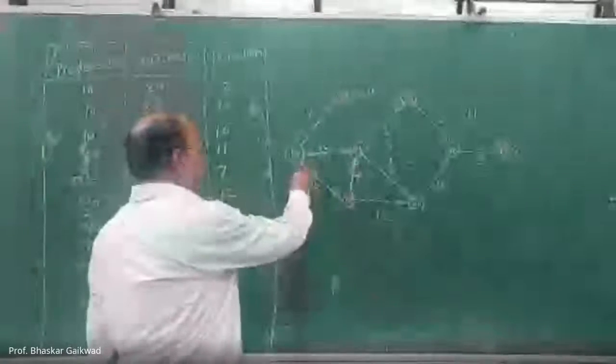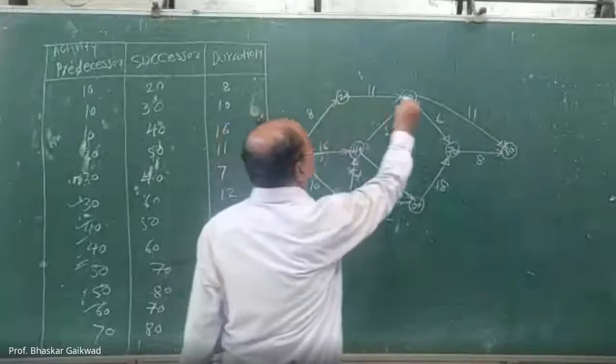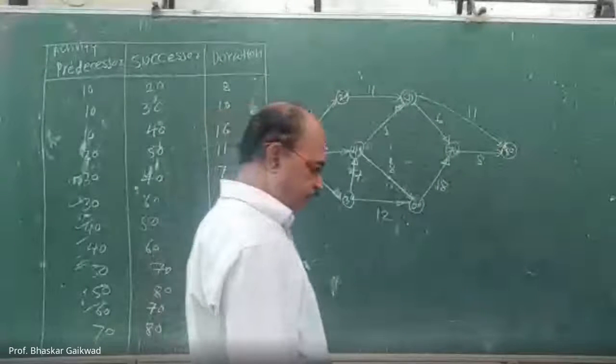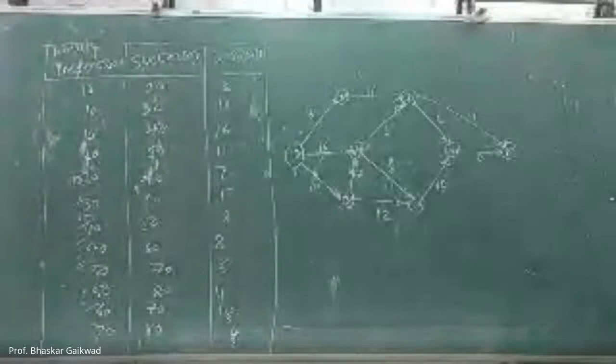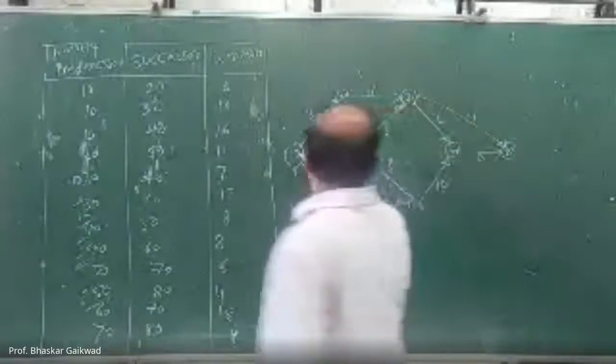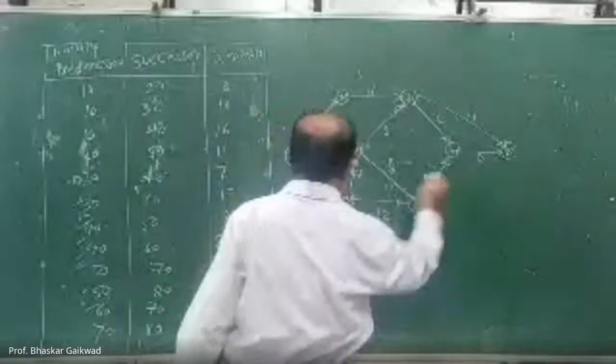In order to complete this project from this position to this, we can go this way. Addition of all the times of those activities is the duration required. After this, you can go this way. After that, you can go this way. You can go like this. Among these, which is the longest path, the longest duration? But logically, we can calculate by using forward and backward path.